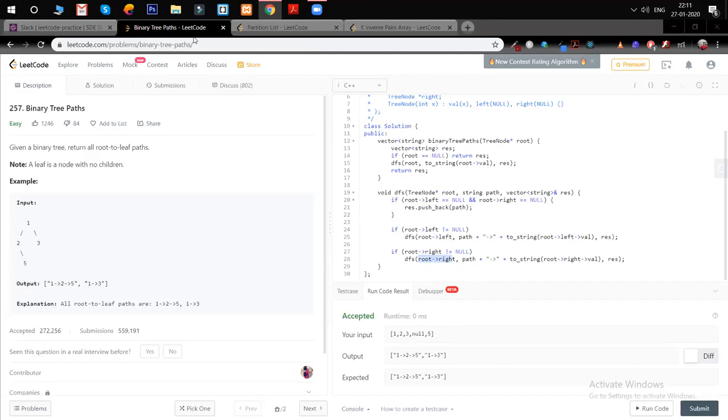It's just the way you approach it. Using recursion makes it easier, but if you want to do it by iteration, then it's possible too. Still, the space will be the same, right? If you go with the iteration case, you're using a constant stack space, right? You're not using a stack space, so you won't get any overflow error.